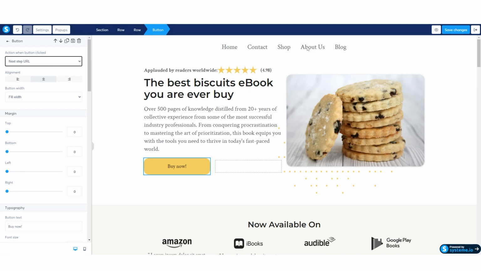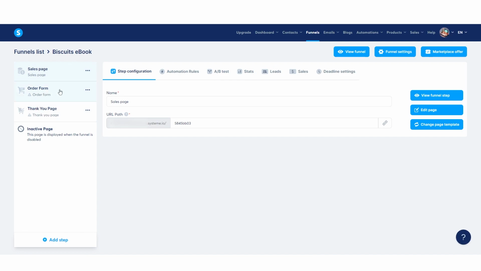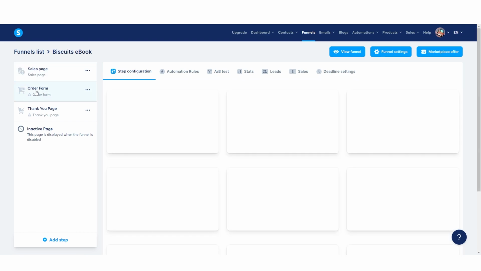But now we are done here, so click on the save button just up here in the corner, click on save, and then just exit just up here. And once we have exited, we have now done our sales page. Remember, you're going to want to customize this to the best you can to make it the best sales page that you can make. But next, we're going to go to the order form, so click on the order form,